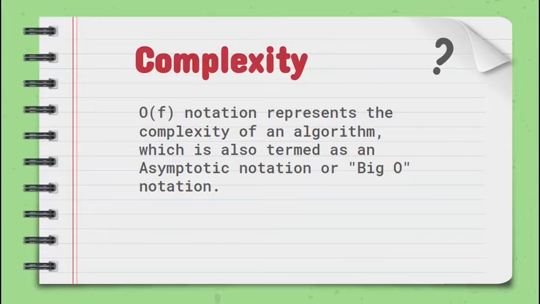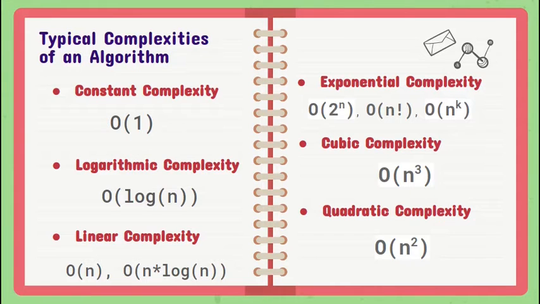Alright? So typical complexities of an algorithm are, we have constant complexity. It imposes a complexity of big O of 1. Of course, you may not understand that as for now, but just keep that in mind. As we move forward and we take an example, everything becomes clear. So this constant complexity imposes a complexity of big O of 1. It undergoes an execution of a constant number of steps like 1, 5, 10, for solving a given problem.